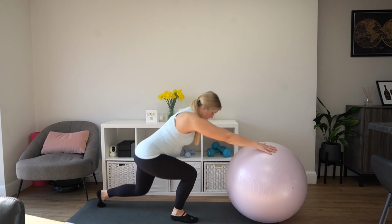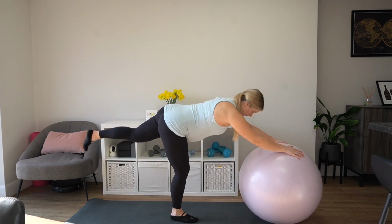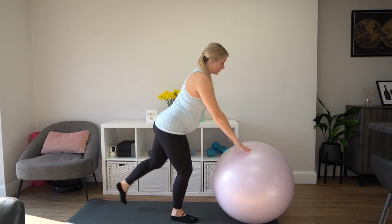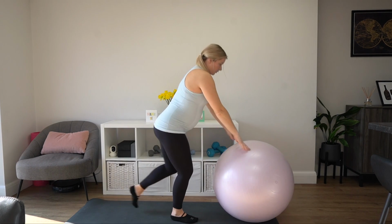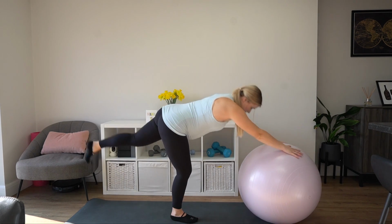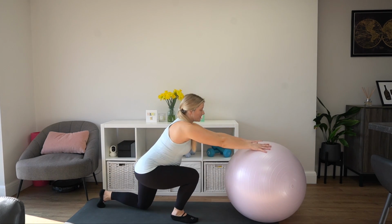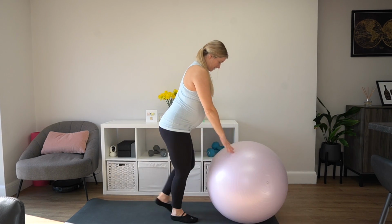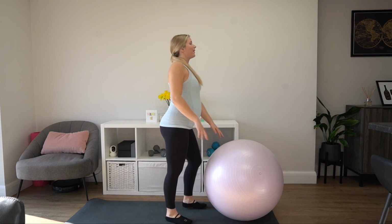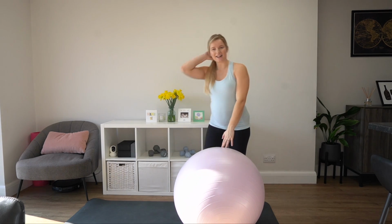Perfect, let's go for 3, more like this. Good. Perfect. Let's go for one more, using the ball to guide you. Last hinge. Amazing. Take it up, shake out those legs, and then we're going to do the exact same thing on the